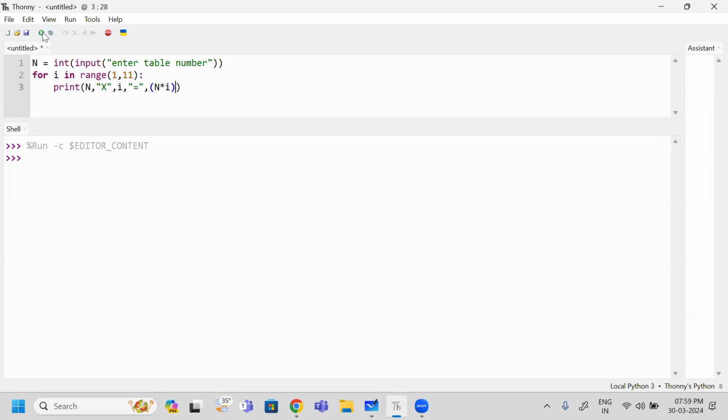So I am going to run this program. So it is asking me which table number you need. I am giving 13. I am giving 13, and I can see the result. This is the way you can write the range function. And if you change this range type, you can see the